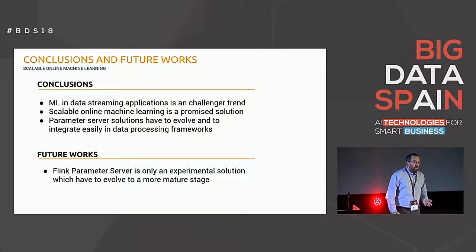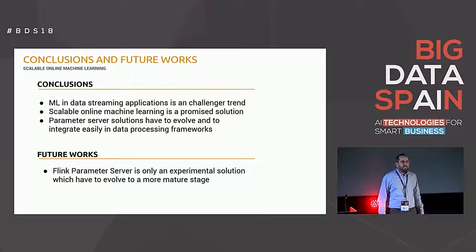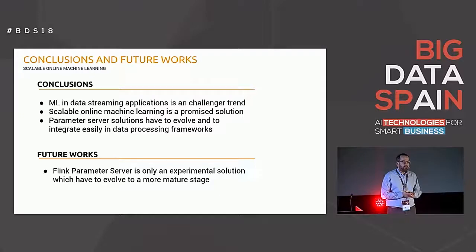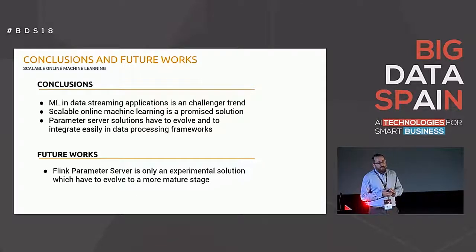What is the conclusion about this technique? Our conclusion is that machine learning in data streaming applications is totally integrated, and there are a lot of solutions now to use it. But scalable online machine learning could be a good solution because it's promising and it seems to be good to use. The problem now is that we have an important piece in this architecture that is the parameter